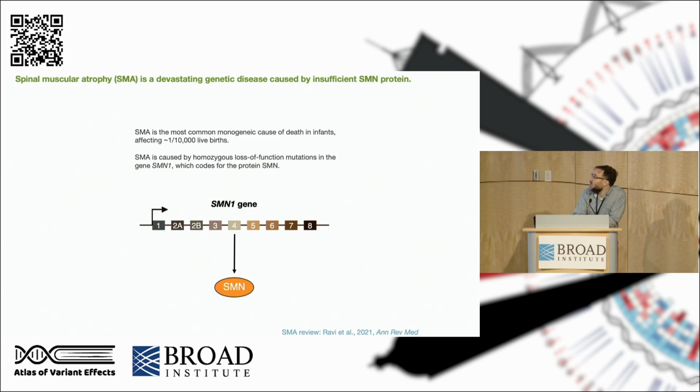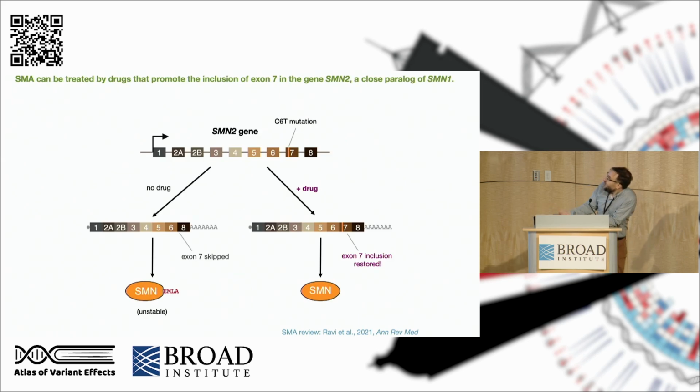This talk is going to focus on two drugs, risdiplam and branaplam, which have been recently developed for treating spinal muscular atrophy. The way these drugs work is they restore the inclusion of exon 7 in the very close paralog